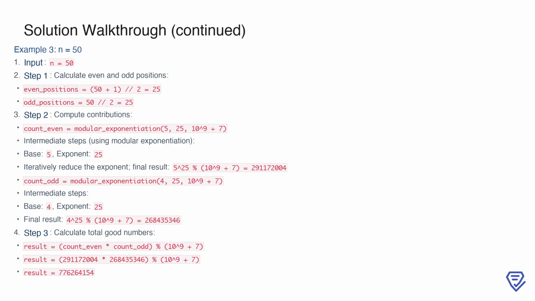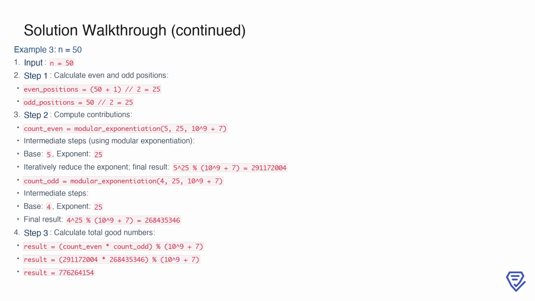Similarly, for the odd positions, we compute 4 raised to the power of 25 modulo 10 to the power of 9 plus 7, which gives 4^25 % (10^9 + 7) equals 268435346. Multiplying these results and taking modulo 10 to the power of 9 plus 7, we find 291172004 * 268435346 % (10^9 + 7) equals